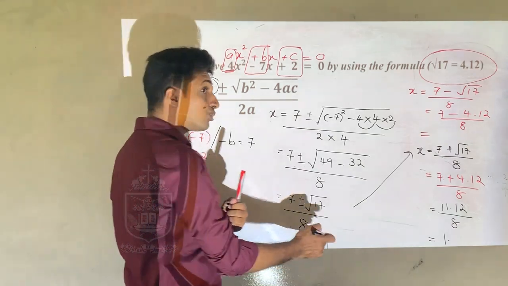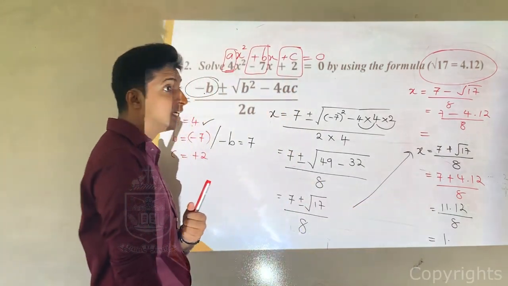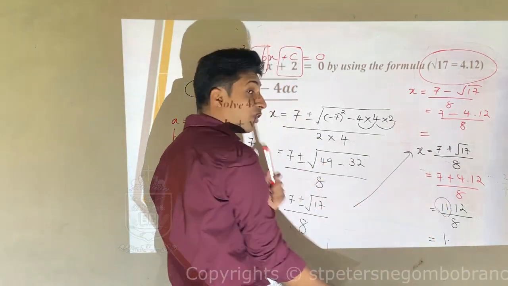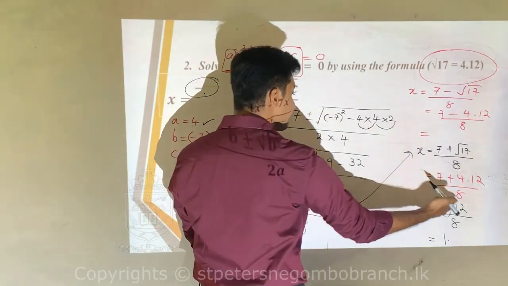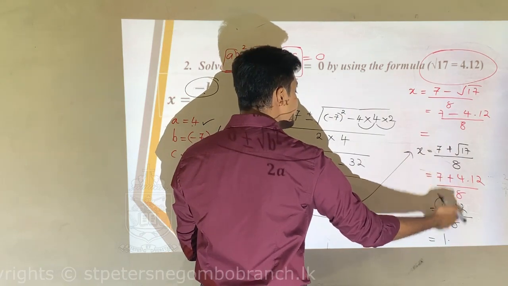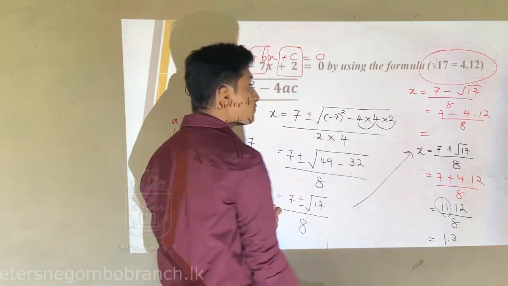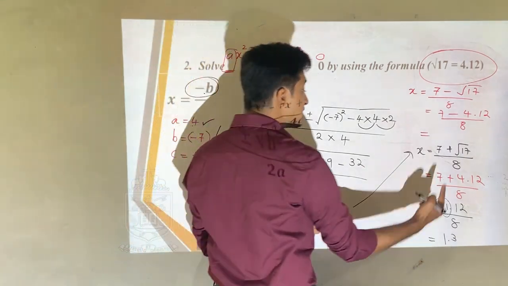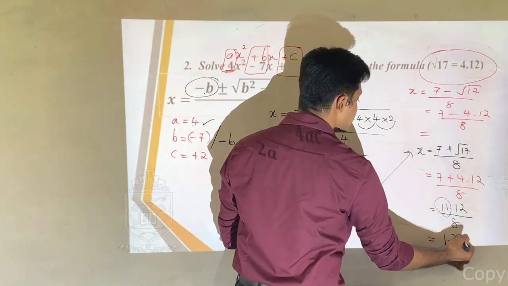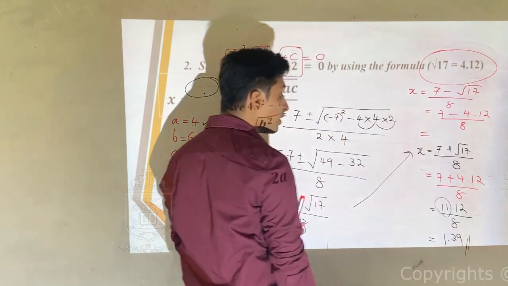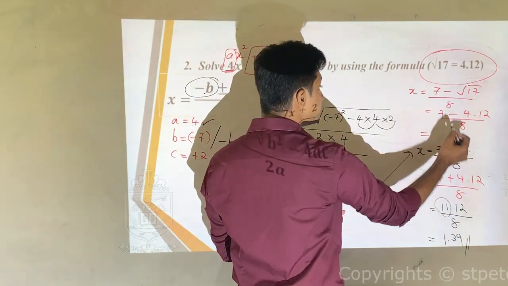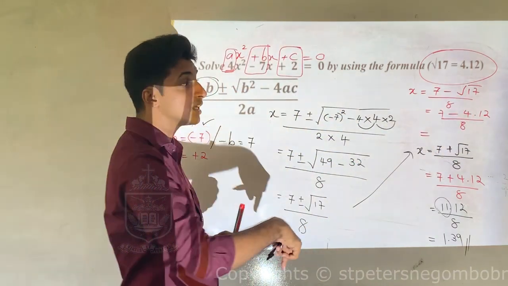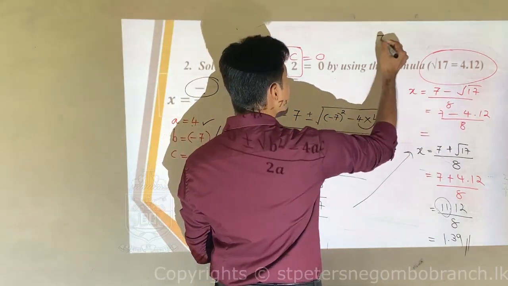For those who don't know how to divide this value, check inside 11 first. For 11 there is 1 eight, 3 remaining, give it to the next one. Inside 31 you have 3, that is 24. Then again you have 7 remaining. For 72, you have 9. That is one answer. Next here, if you take 7 minus 4.12, the other point that you go wrong is that 7 is a whole number.